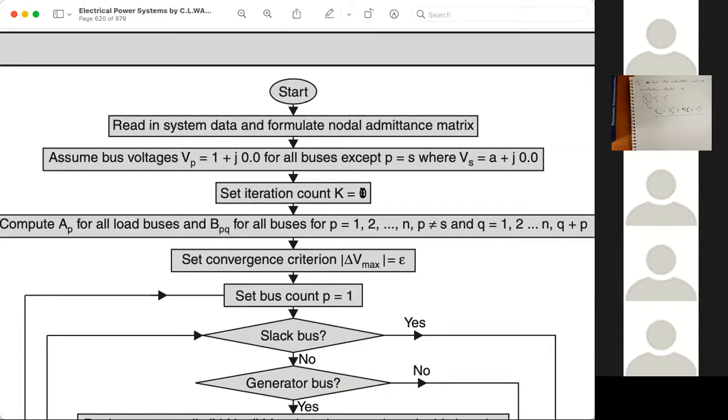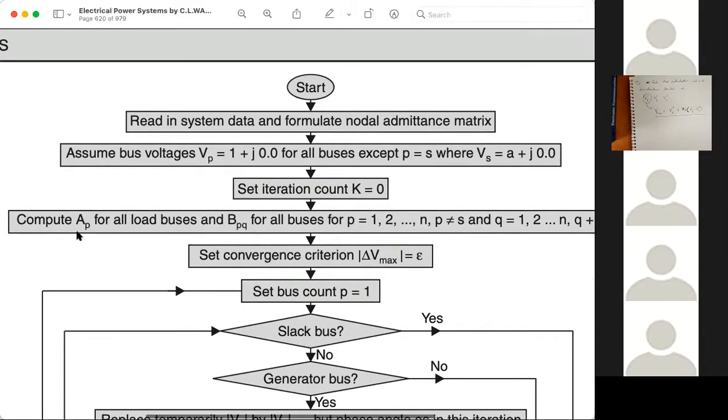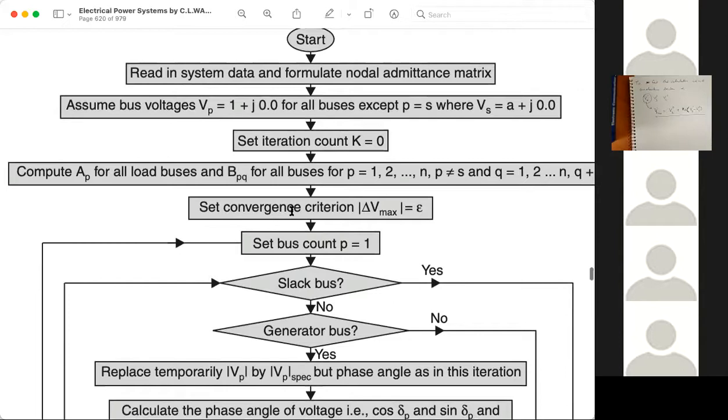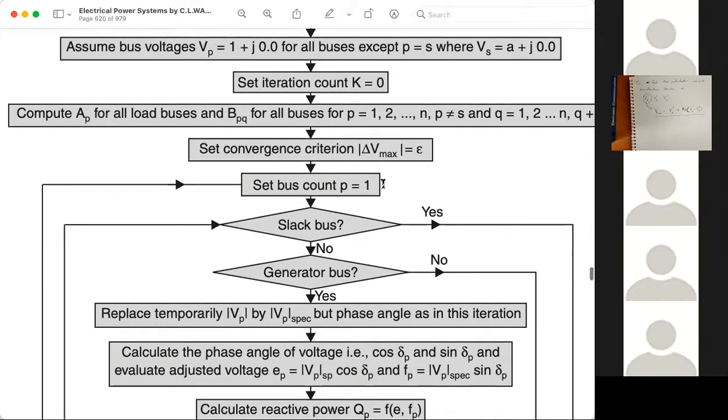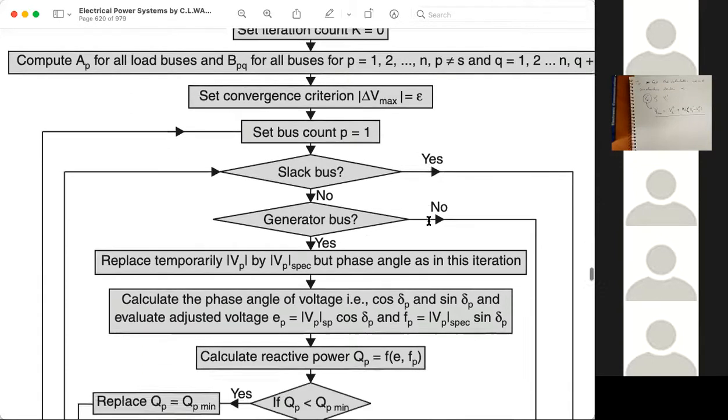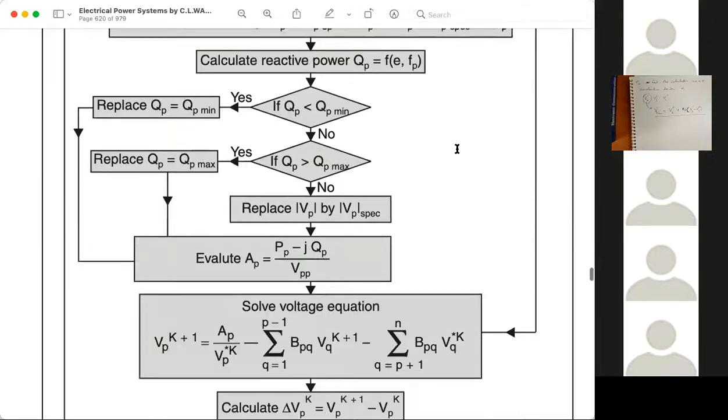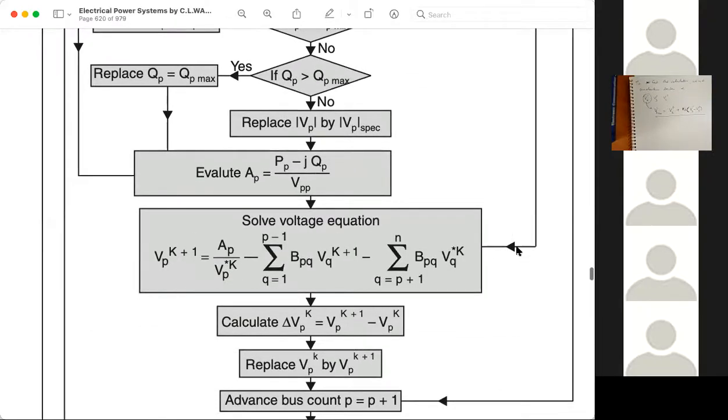So k equal to 0. Now we compute P and Q for all the buses. Now we set the convergence criteria. Set bus count p equal to 1. If it is a slack bus, then we have to directly go to the last step.